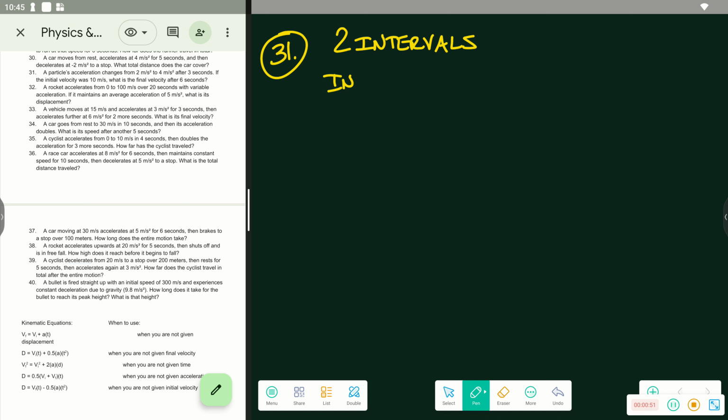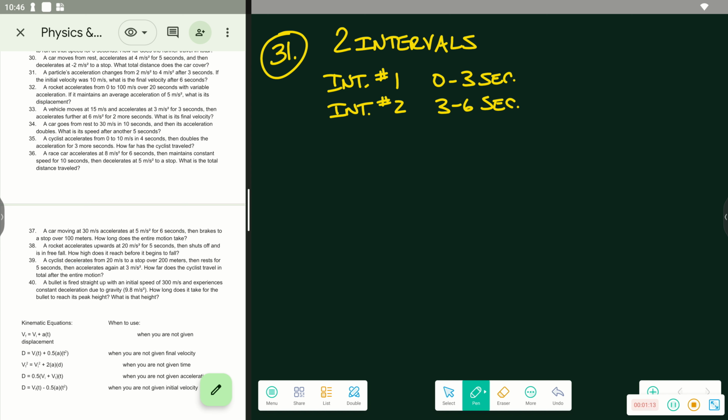Interval 1 is from 0 to 3 seconds. Okay, and then interval 2 is 3 to 6 seconds. All right, so